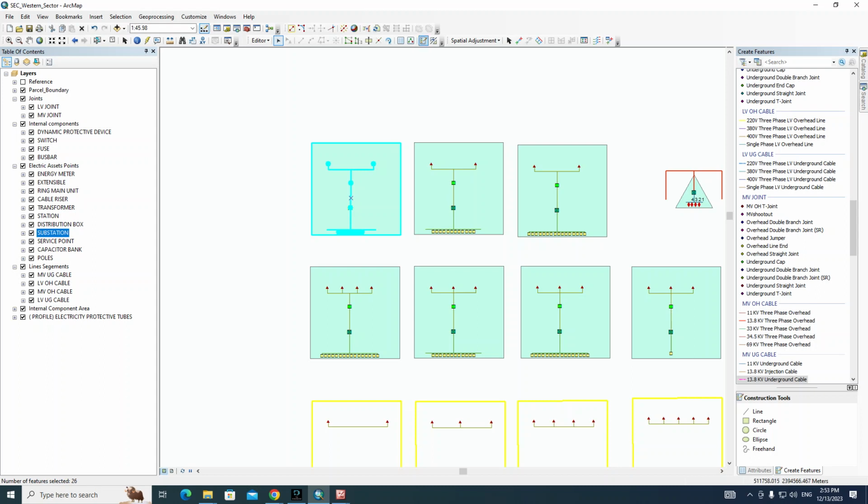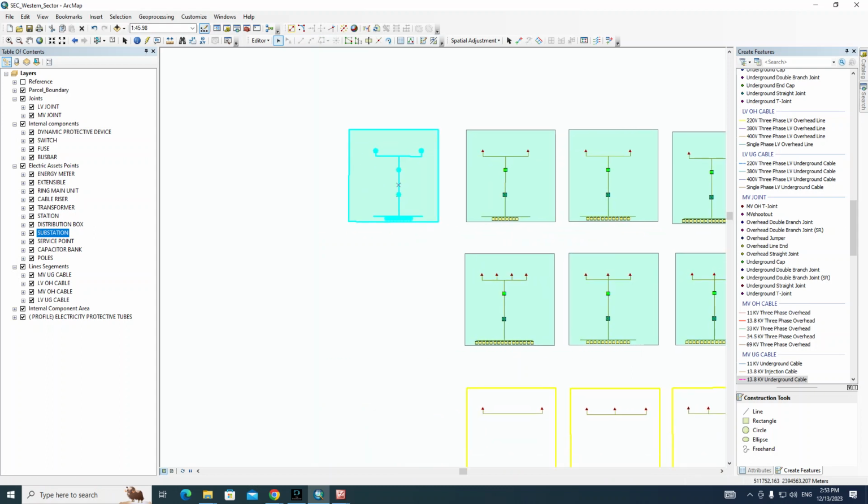I will select it, mirror, then copy. Double mirror here, because you have to check whether switch number is 1 or 2, and whether breaker number 1 is from left to right or right to left. So you have to be careful about these things. How to be careful? Just go for the fuse,